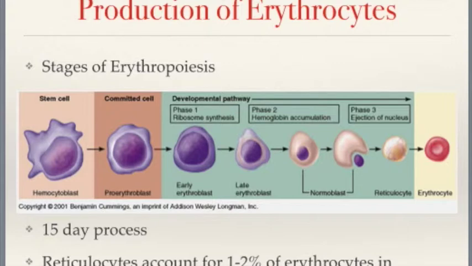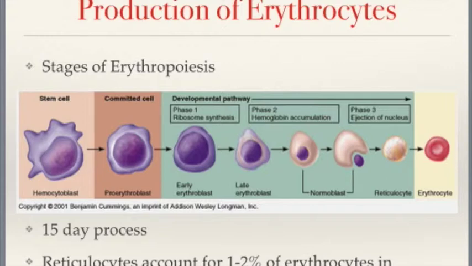Again, this occurs in the red marrow. A stem cell is going to undergo some type of change in which it becomes a committed cell, meaning that there's no turning back. This cell is now going to differentiate into its end product. This committed cell goes through 3 steps, and there's a key factor in each of these 3 steps I want you guys to know. In phase 1, the early erythroblast, which just means a very young erythrocyte,